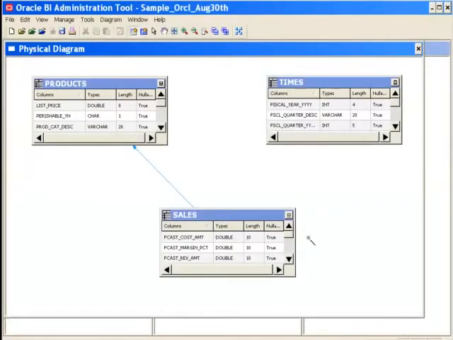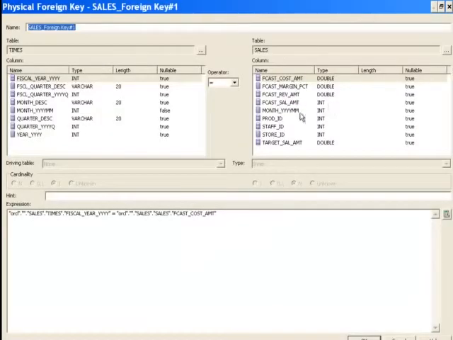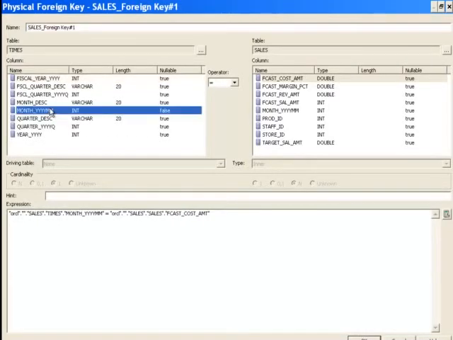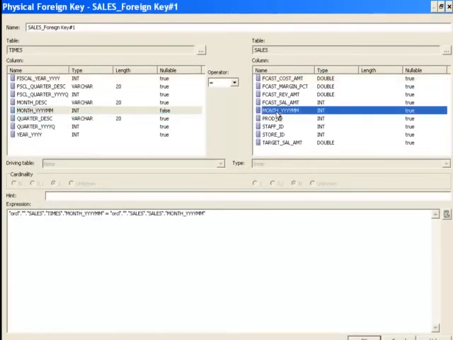Click on OK over here, and similarly join sales to the times table over here, and here the join condition is based on this particular column. Make sure that you join the relevant columns from the dimension table to the fact table, and then click on OK over here.